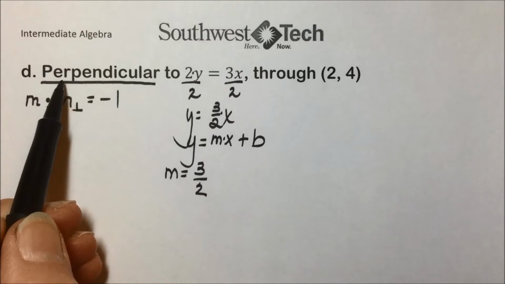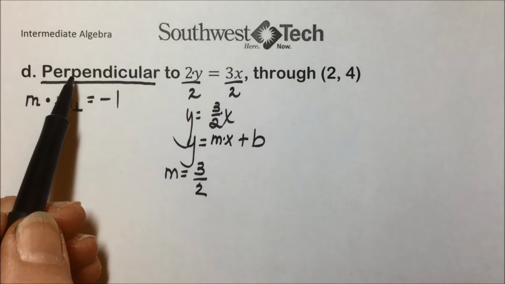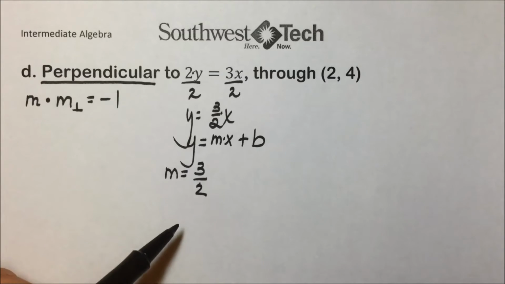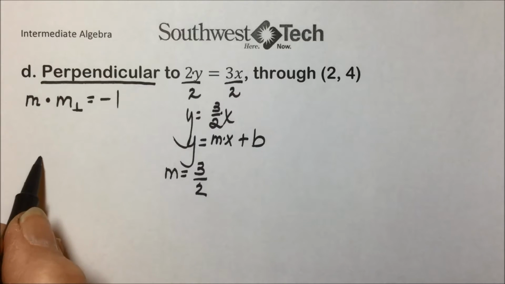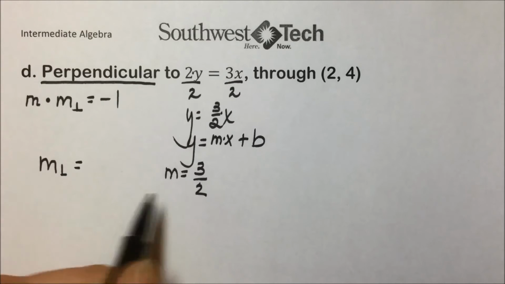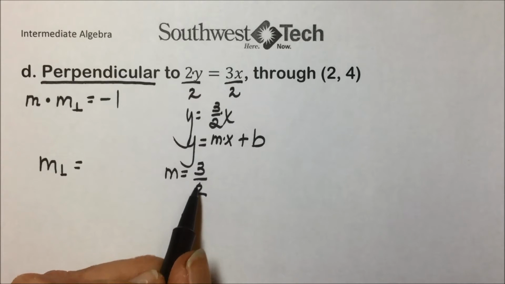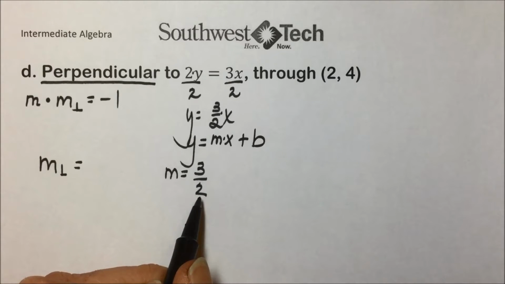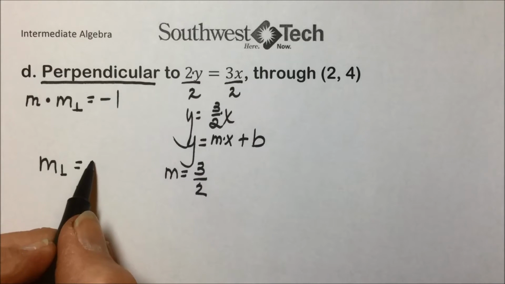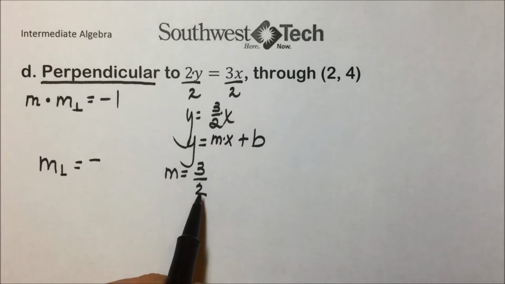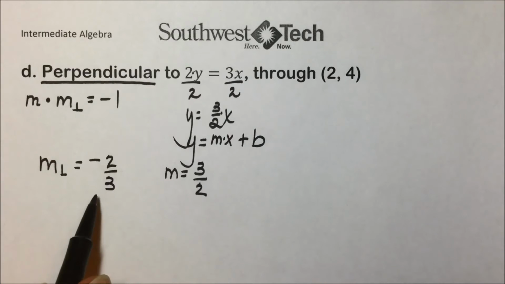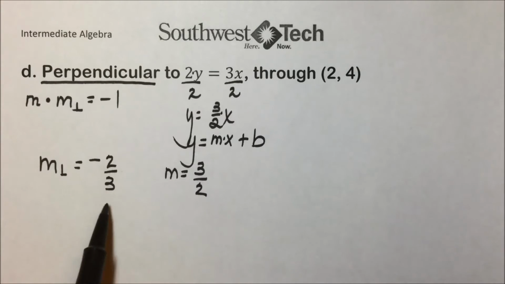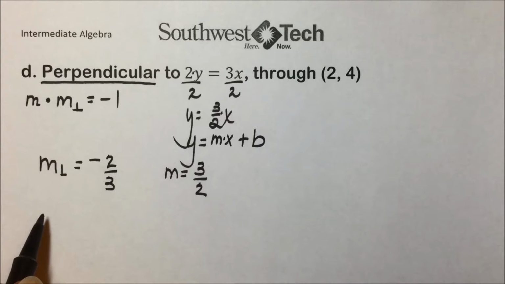We want the slope that is perpendicular, and perpendicular lines have slopes that are negative reciprocals. So the perpendicular slope would have to be the opposite of this. Since it's positive, that's what we mean by the negative. Since this is positive, it will be negative, and then the reciprocal, which means we invert this number. So we end up with a 2/3. And just as a test, do these two slopes multiply to give us a -1?